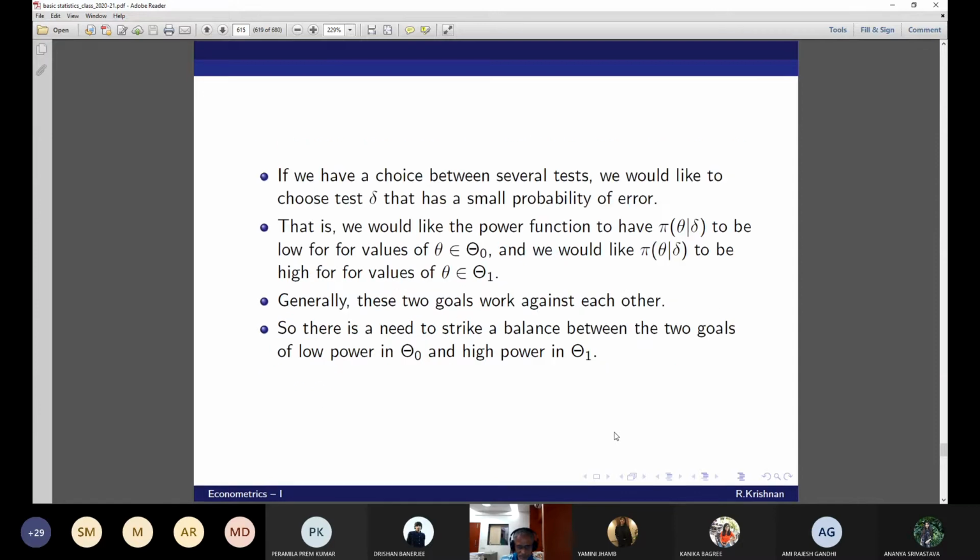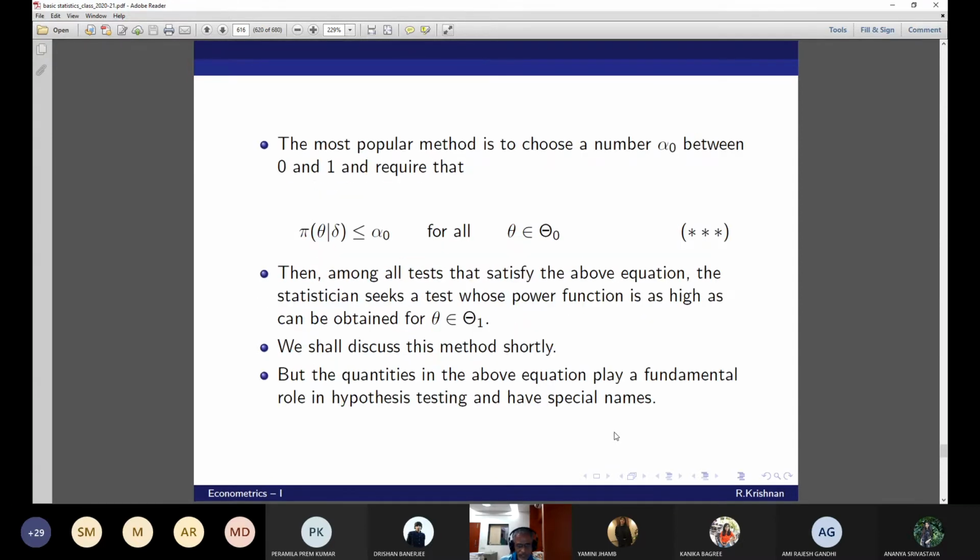Do you understand this slide and this slide, for low values? And what is the normal value? Normally, what do we choose for alpha naught, or alpha, better known? What is the value that we choose normally? 0.05 or 0.025? 1% or 5%? 0.01 or 0.05. Now we understand why we choose that.